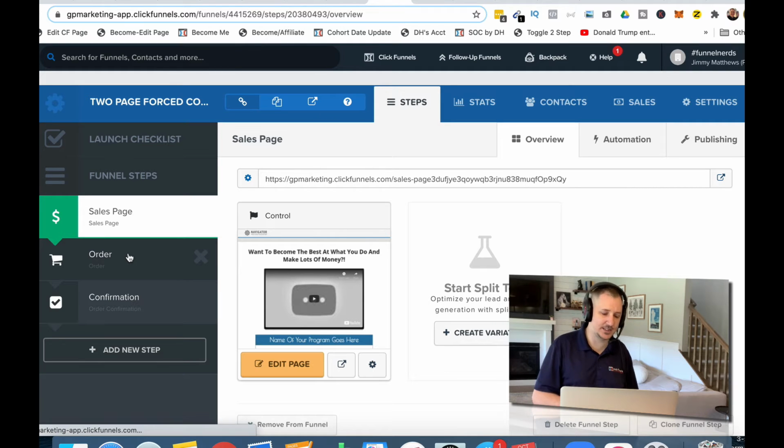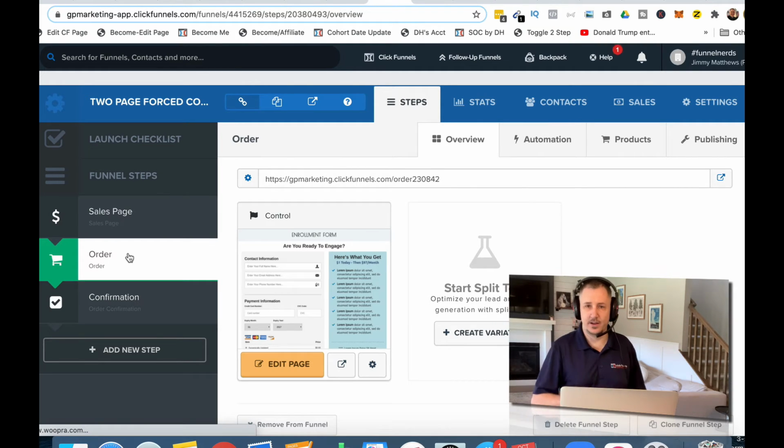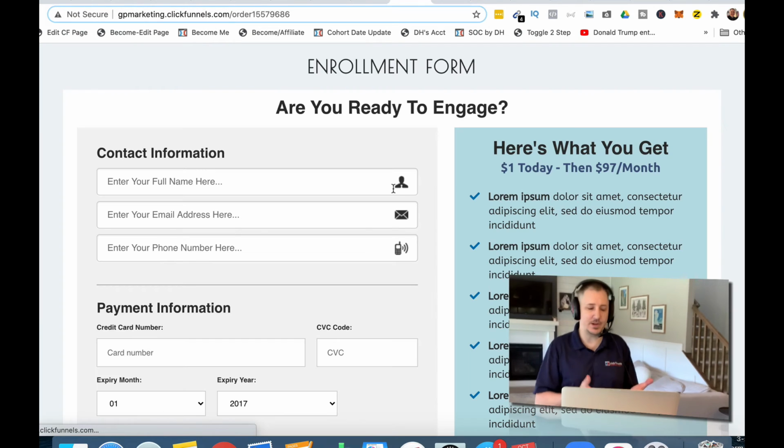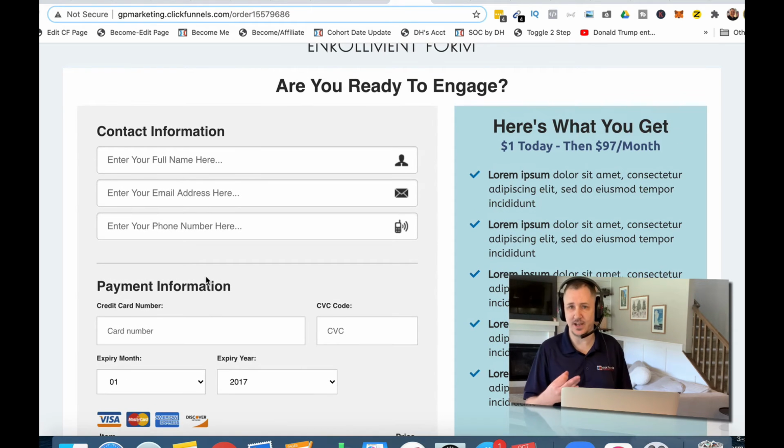All right, the second page is an order page. If you have a sales page, they click the button, they go to an order page. After they come over to this page, they're basically going to put in their information: their name, their email address, their phone number. If you want to collect that, you should probably put a zip code field or a contact shipping field in here,